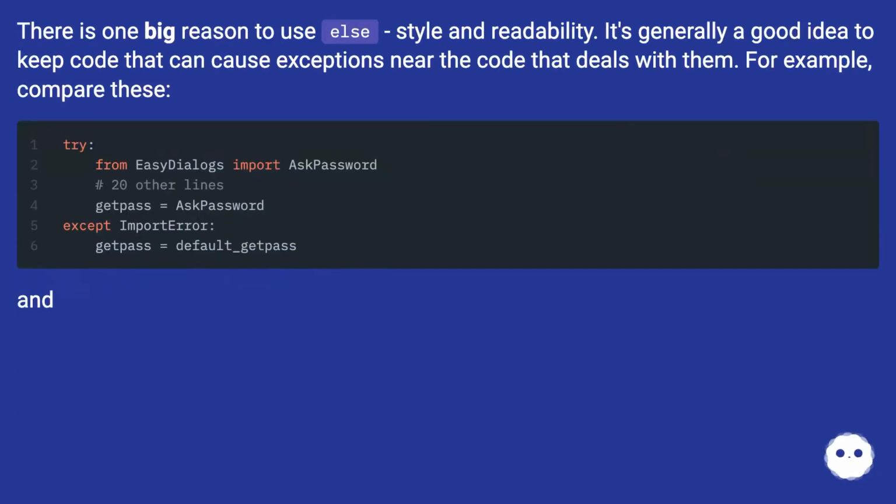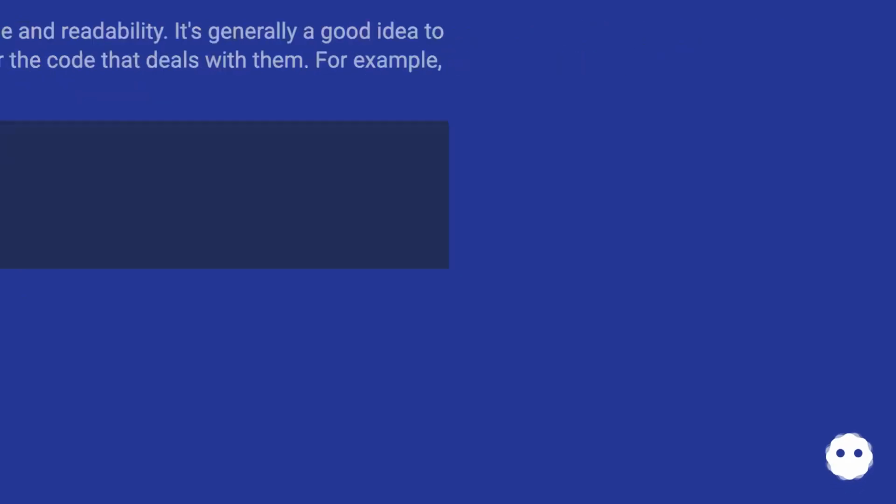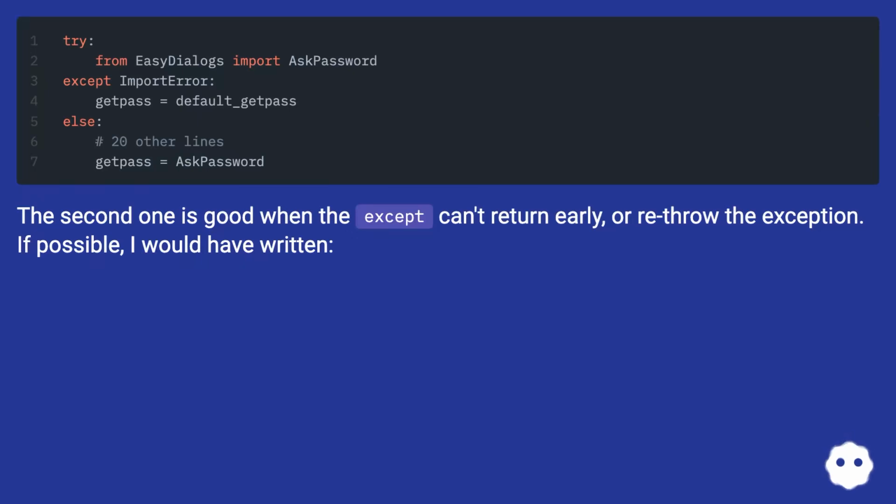There is one big reason to use else: style and readability. It's generally a good idea to keep code that can cause exceptions near the code that deals with them. For example, compare these. And the second one is good when the except can't return early, or rethrow the exception. If possible, I would have written: